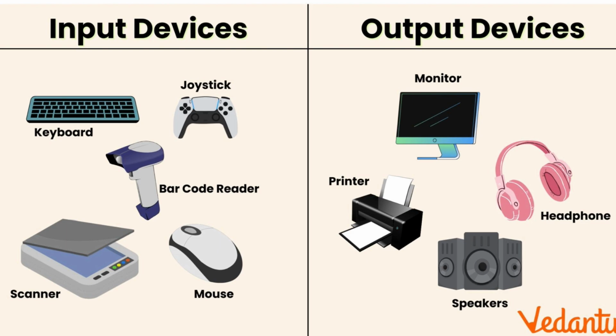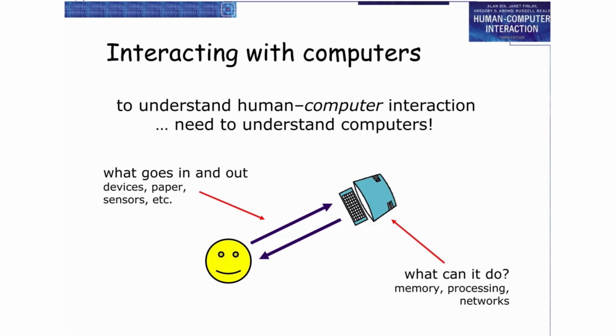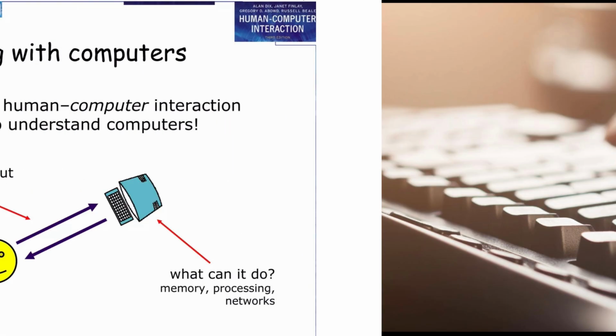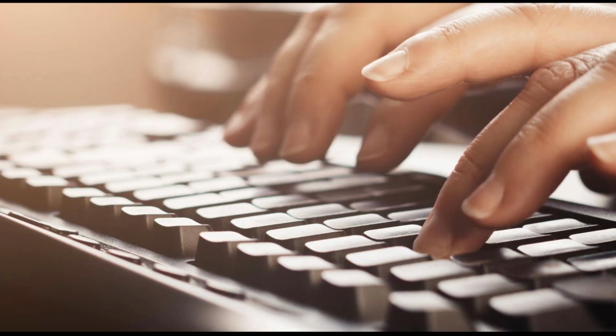Here is a simple flow. You give input using a keyboard, the computer processes it, and then it shows the result on the screen. To summarize, input devices send data to the computer, and output devices receive